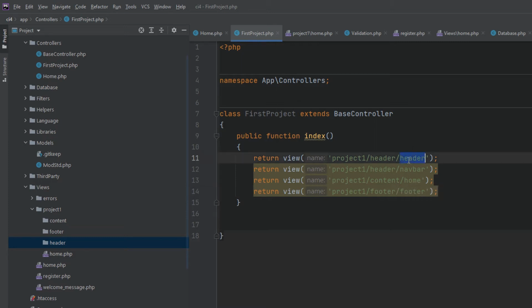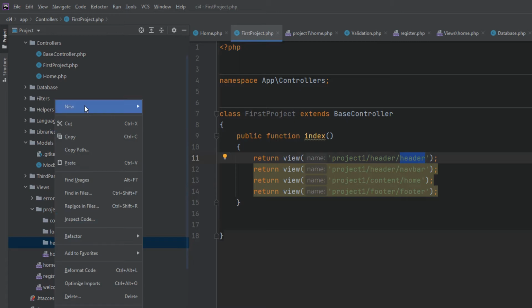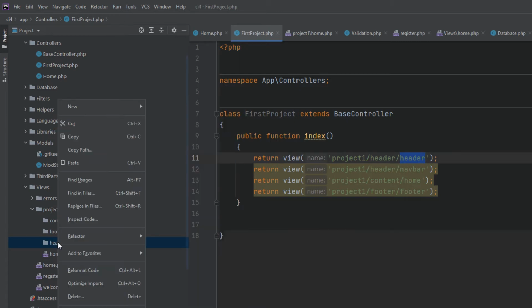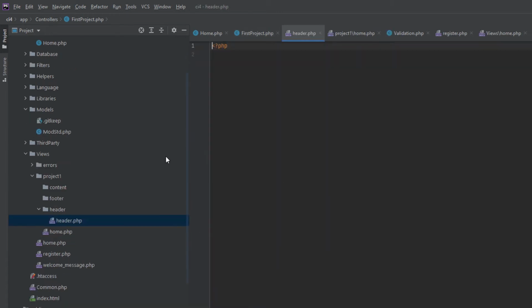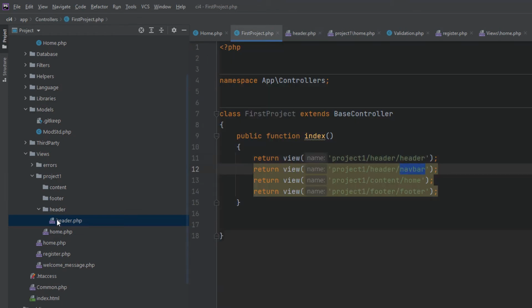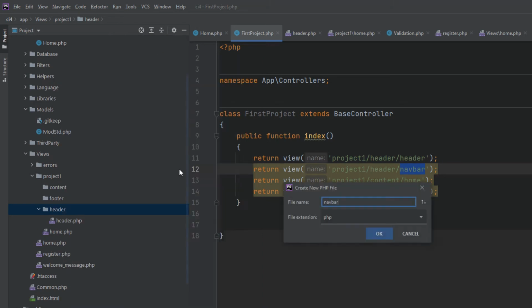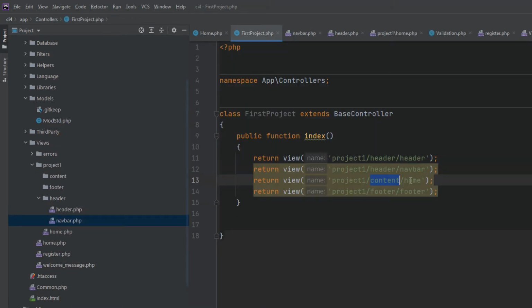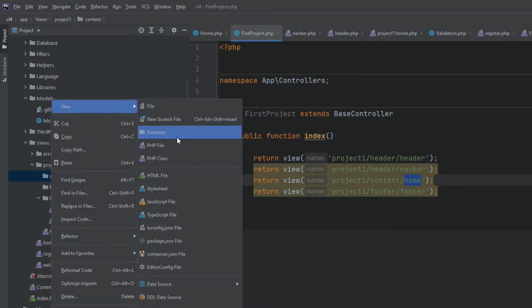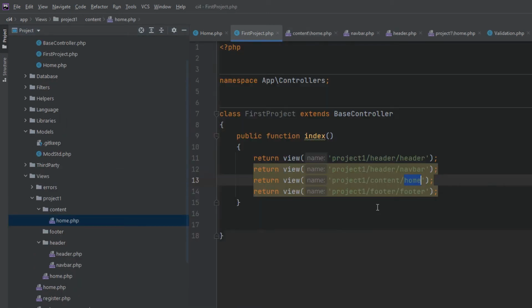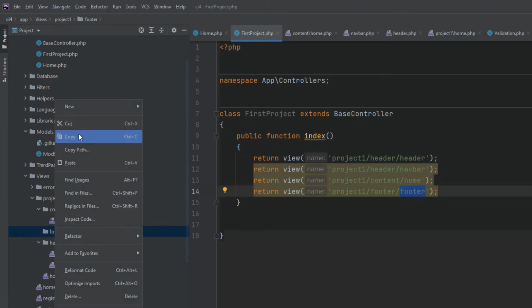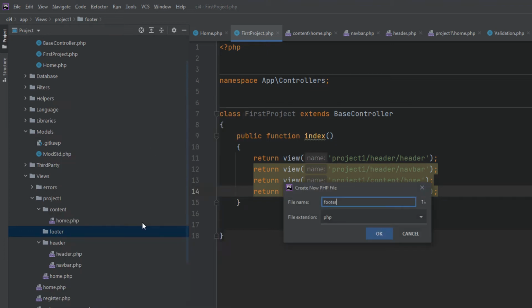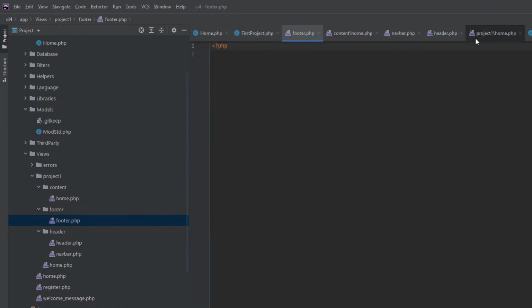So we have to create these files. And also we have to create the home file in the content sections, and we have to create the footer file in the footer folder. Fine. Now open your